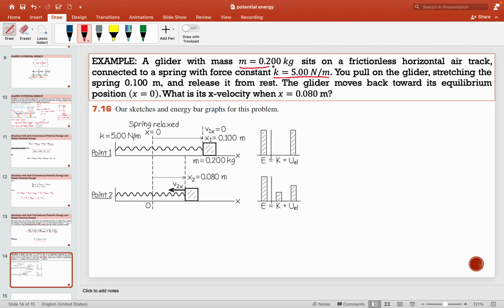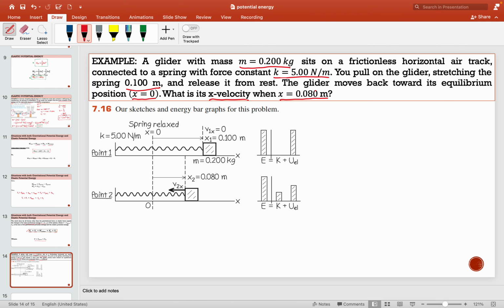So we have the mass of the glider and also the spring constant K. You pull on the glider, stretching the spring 0.100 meter, and release it from rest. The glider moves back towards its equilibrium position, x equals 0. What is its x velocity when x is equal to 0.080